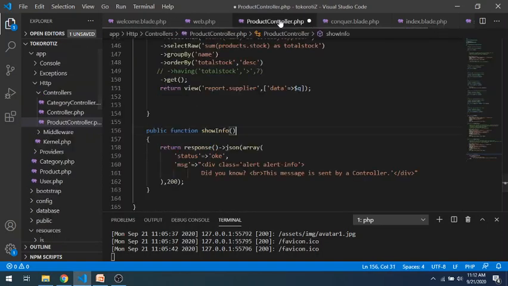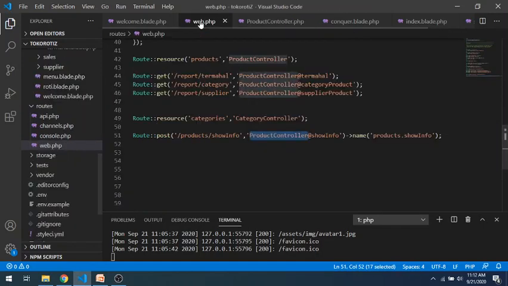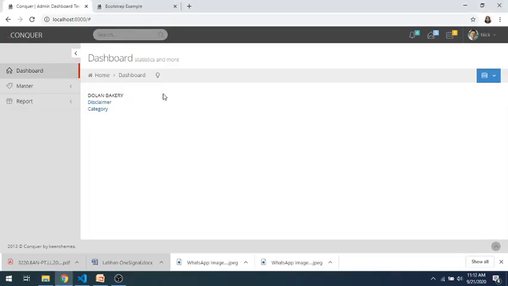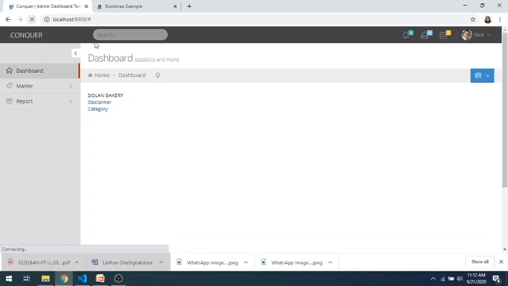Also the product controller, this is also the routing, and we will check it. Okay, we will move to this one. Maybe we have to refresh it first.